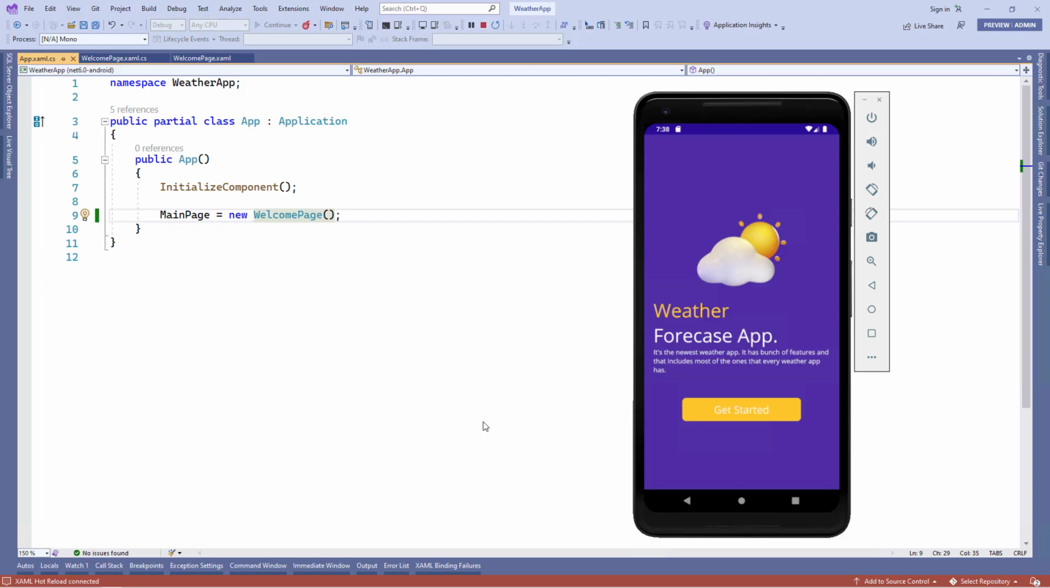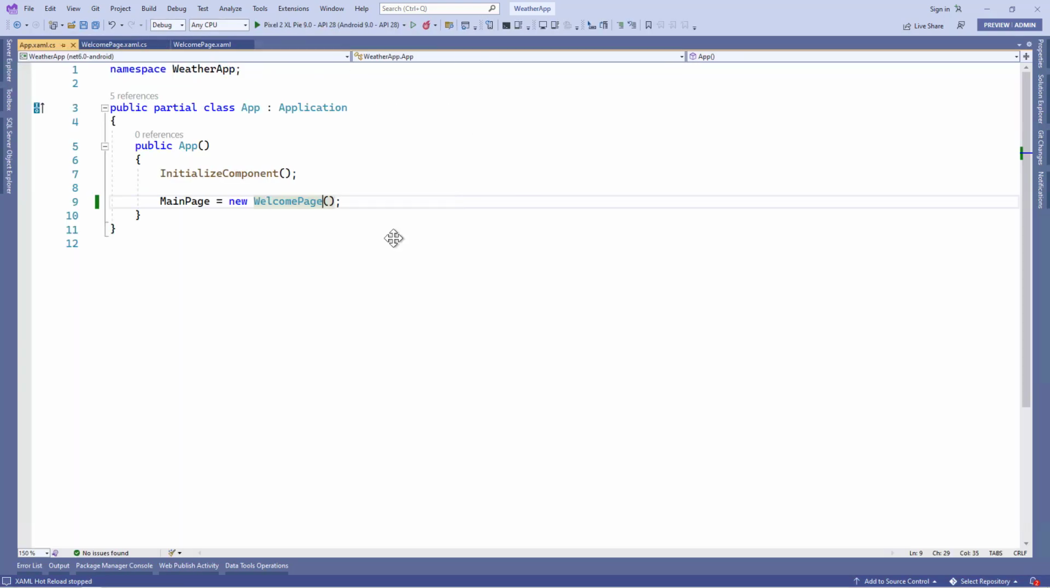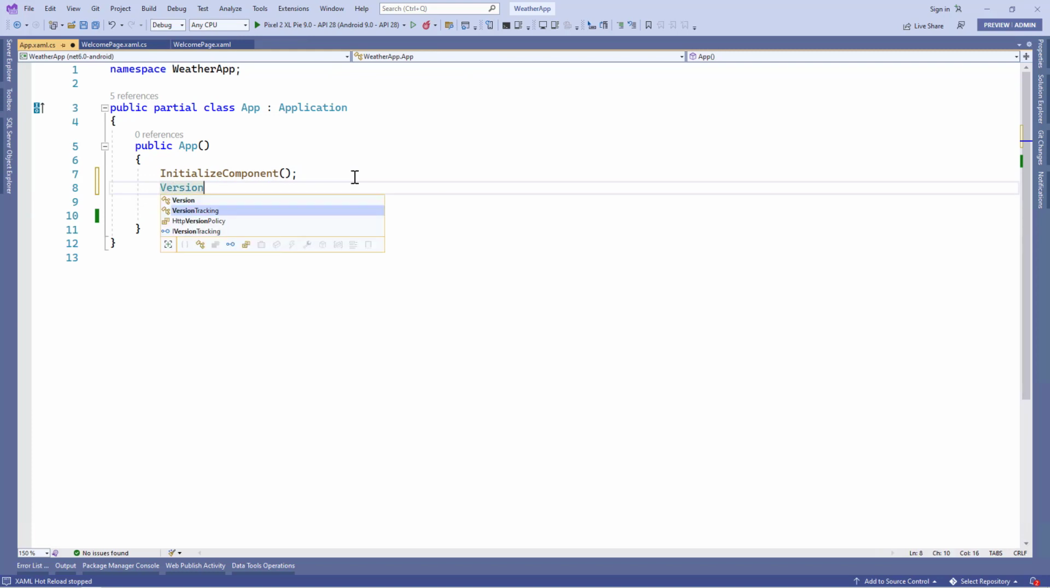In this lesson, we'll continue our work with the welcome page. When the user opens the application for the first time, we'll show the welcome page to the user, and later when he opens the application a second time, he will not see the welcome page. So in order to achieve this functionality, we'll go to the app.xaml.cs file, and there we'll use the VersionTracking class